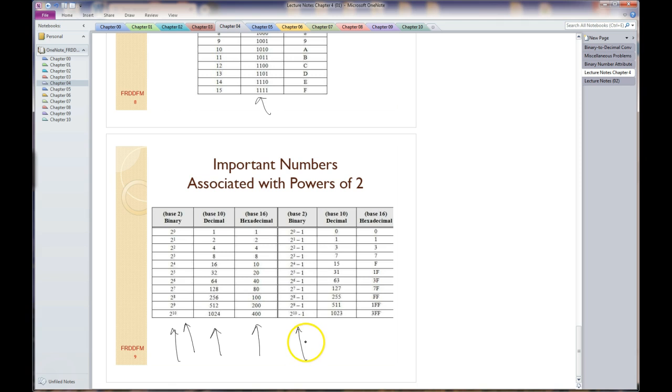So here is the binary numbers raised to integral power, subtracting 1. Here's the resulting decimal values. These are very important values. And here's the associated hexadecimal values. So once again, I could have put binary in here. I just didn't want to go that far. It would have really messed this thing up. But check it out. These numbers here in hexadecimal represent all ones. Now these numbers here represent all zeros except the leftmost digit, which is a 1, leftmost bit in that case. Again, important numbers, you'll see numbers in these two columns come up all the time. Simply something you want to